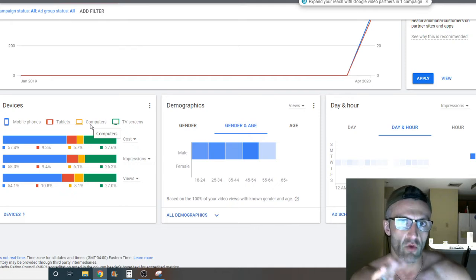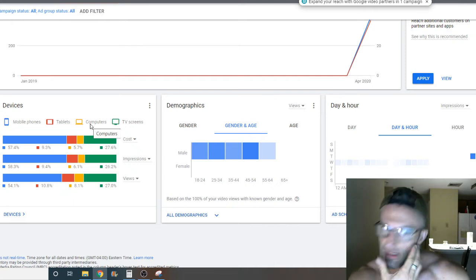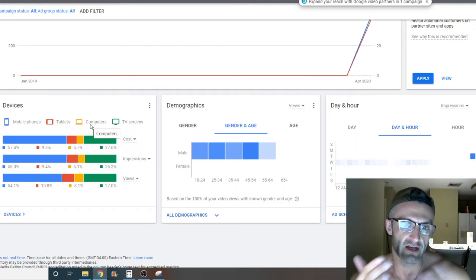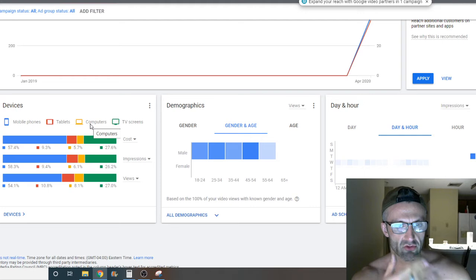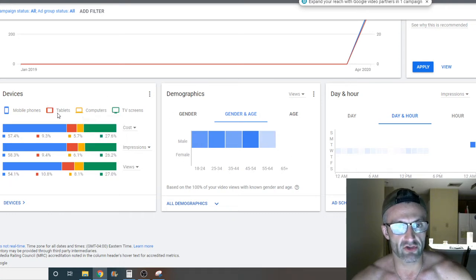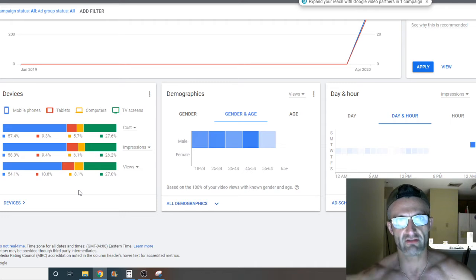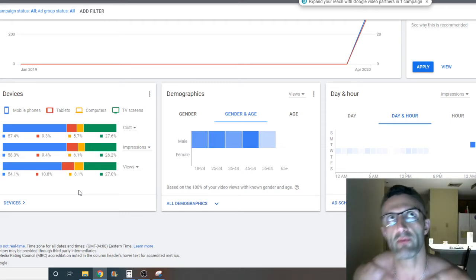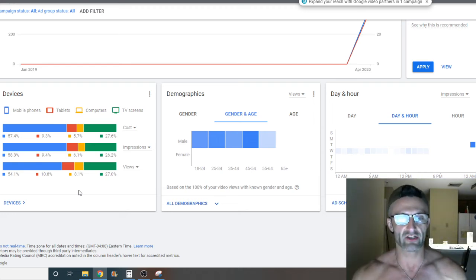And if I wanted to, say, optimize this more, I could run the ad specifically to, you can do this on Facebook, so I'm assuming you can do this on Google as well, but I don't know the system well enough to understand the background of this. But I should probably be able to run the ad just to tablets or just to computers and just target the higher conversion. And then I could use a different ad for mobile phones or a different ad for TVs where I can get the number of people who saw it and then the click through to watch the video